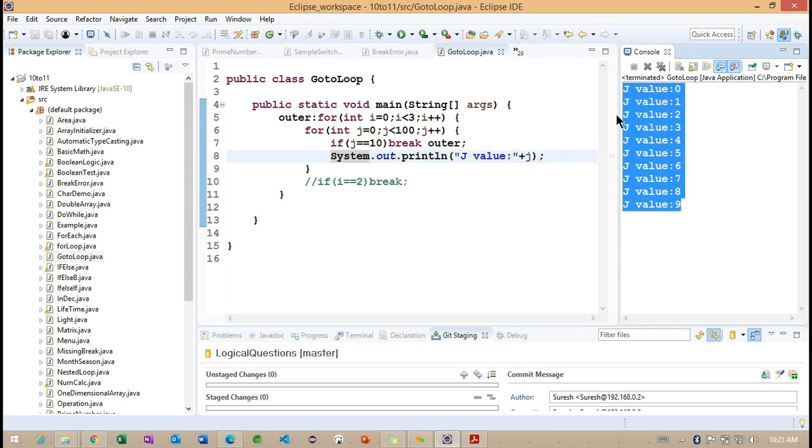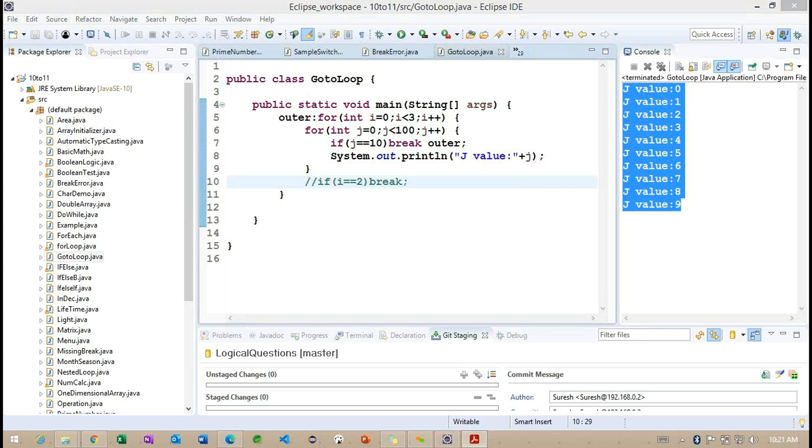Getting the point? Because if I'm not writing this particular goto statement here, we identify the 2 drawbacks. This section is very important. Any questions regarding this particular goto statement?